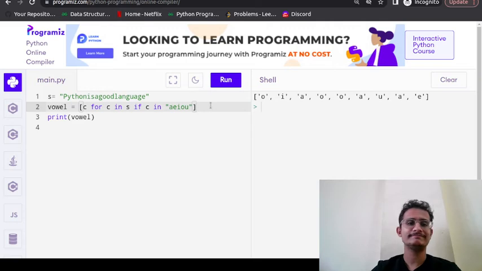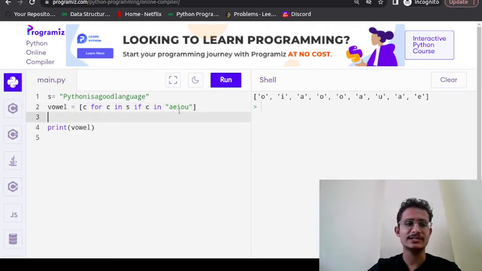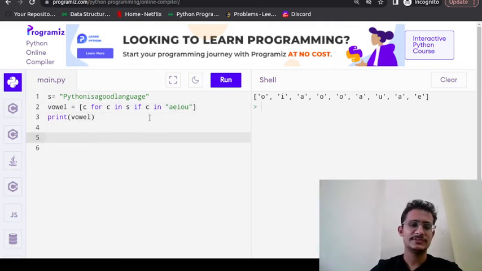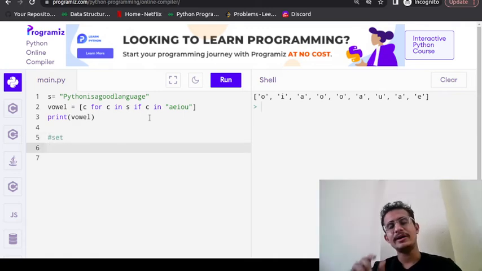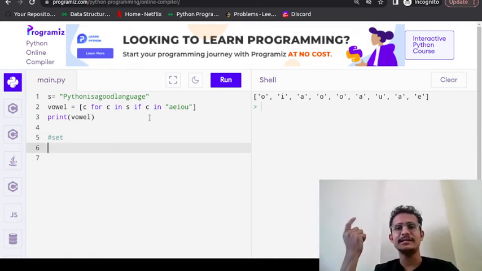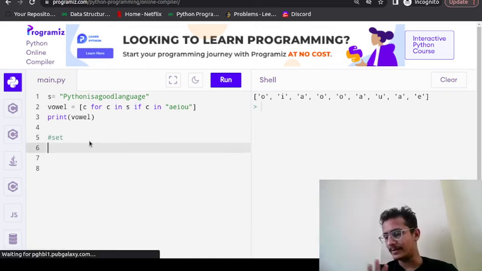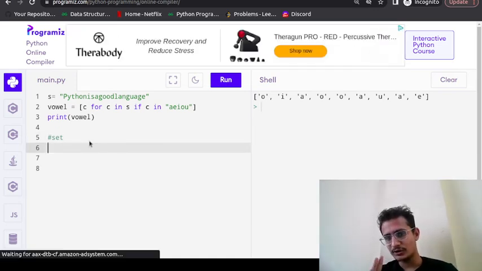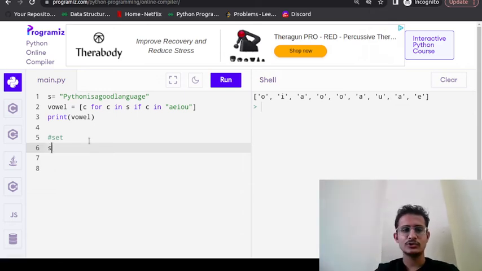Now suppose, what is a set? First of all, I will tell you about the set. The facility that a set provides is that it will not duplicate the elements. As you can see here, O is coming 3 times, A is also coming 3 times. So you want all the unique elements. What you can write is S is equal to, for a set we have to write curly braces.